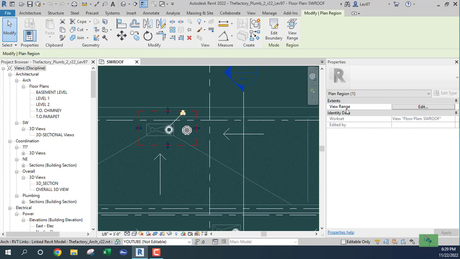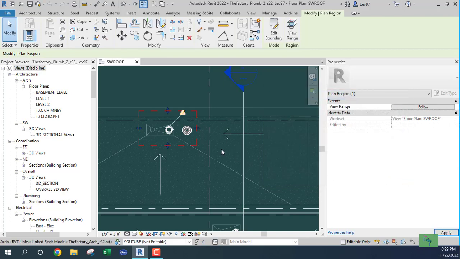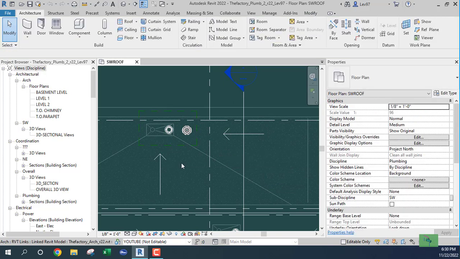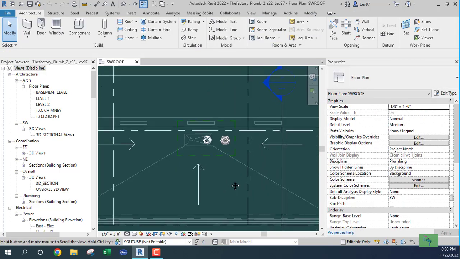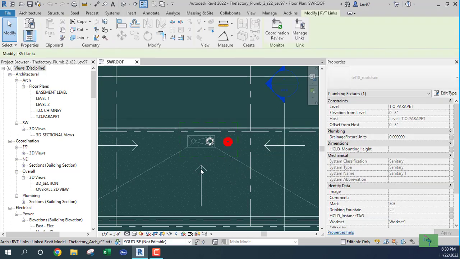And one property of the plan region is that it can give you a view range that you can manipulate within your floor plan or roof plan or mezzanine. So what I was trying to figure out was this: